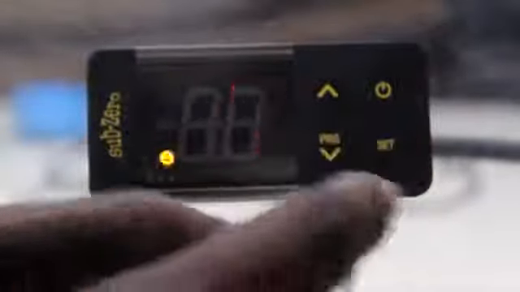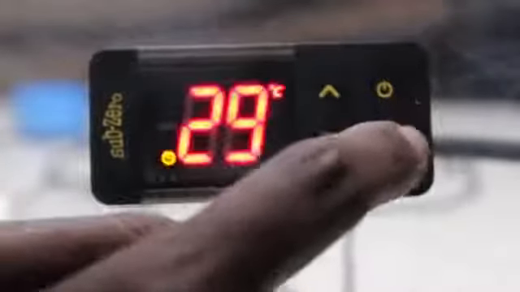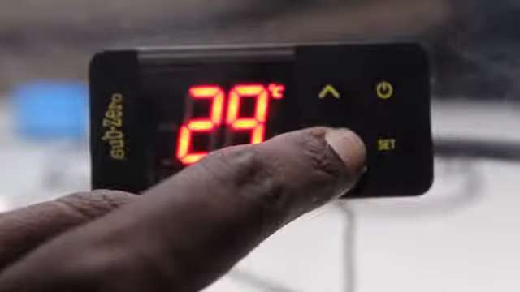P4 is factory set to 2 degrees for cooling application. As per my requirement, the set point is 25 degrees Celsius and the P4 parameter is at 2 degrees Celsius.